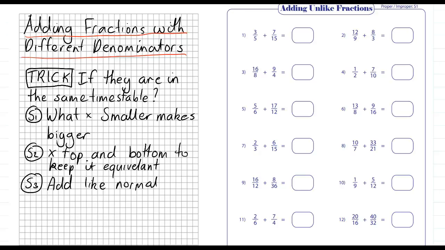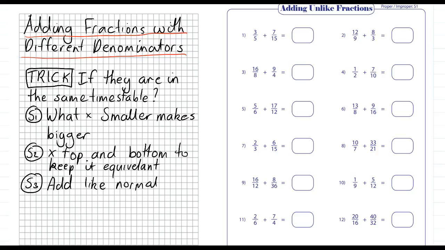Hi guys and girls, today we're looking at adding fractions with different denominators, okay? And there's a trick in this process that makes it a lot easier. And just a hint, all of the ones today use that trick because they've been selected to show that trick,